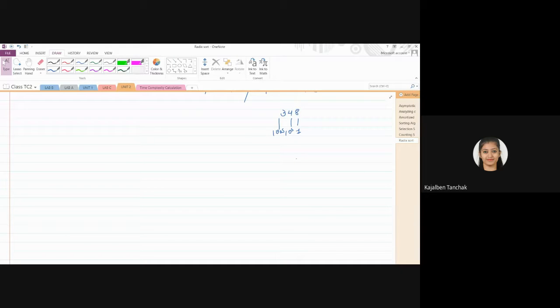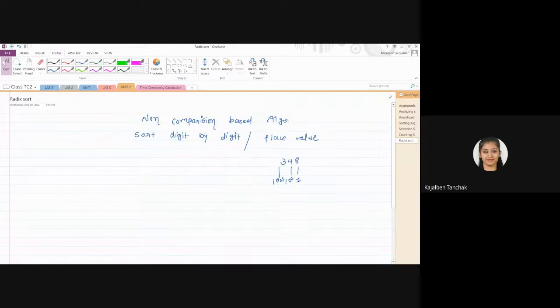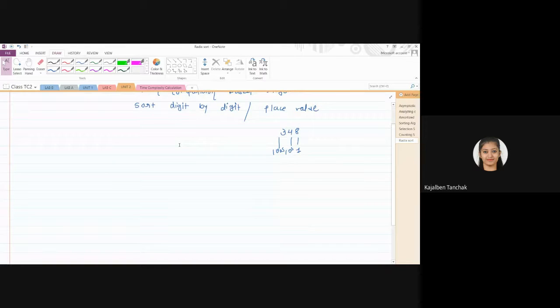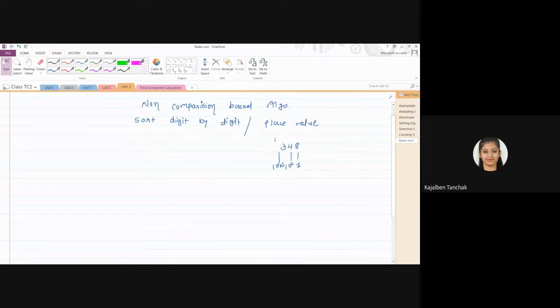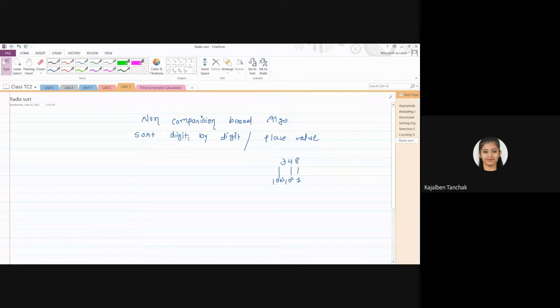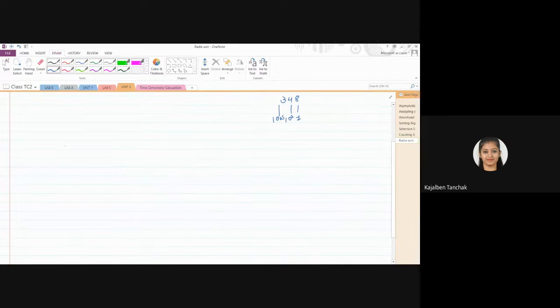One method is you can use a stable sort like counting sort to sort these elements, but that is very tricky and very hard. So we are not going to look at that example. We will use a very simple method, and all the methods are correct. It is not that this method is not correct. Every method is correct, but there are multiple ways you can solve this. So let's see how you can sort it.